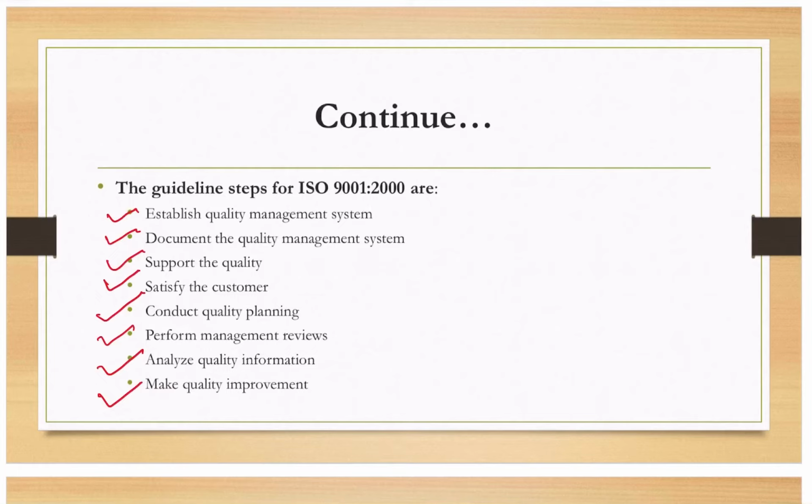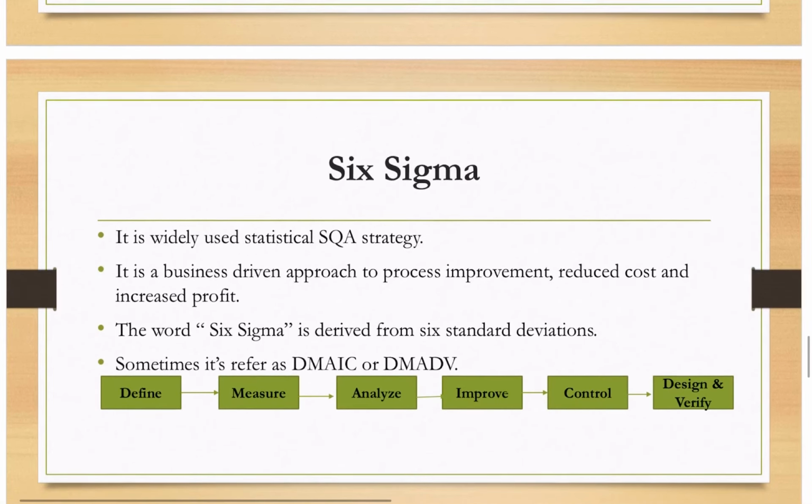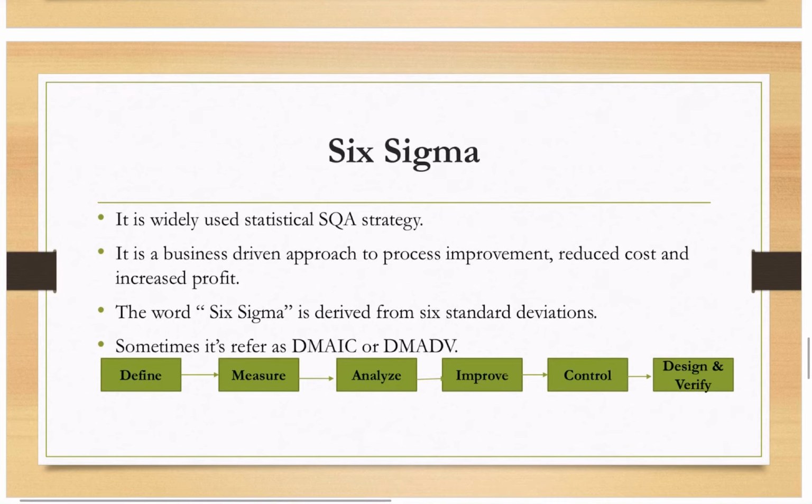These quality manuals identify the organizational quality processes. Using the quality manual, the project quality plan can be prepared for every individual project. Thus, project quality management can be done in these ISO standards, right? So, I hope you all are clear with the ISO standard. Now, the next one is Six Sigma.